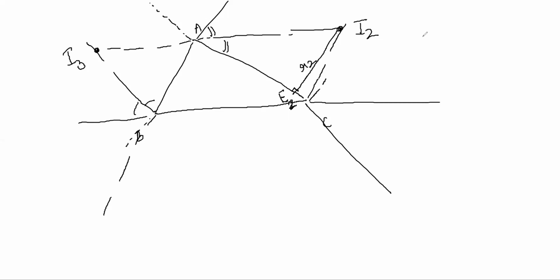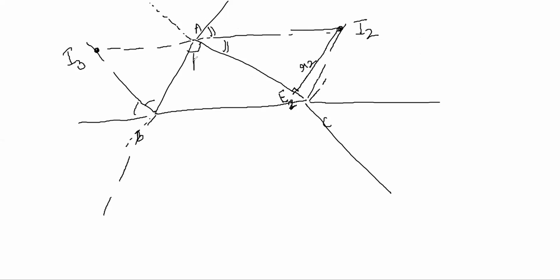So AI2 by AE2, hypotenuse by base, right, is equal to sec of I2 AE2. So basically this angle I2 AE2 will be equal to,